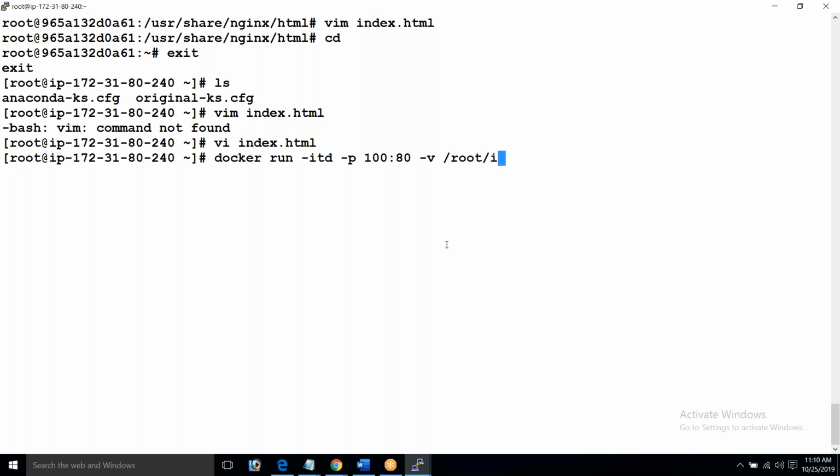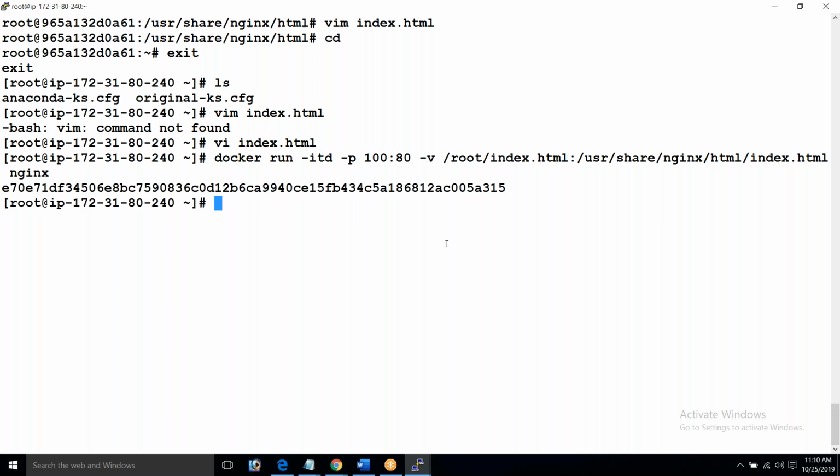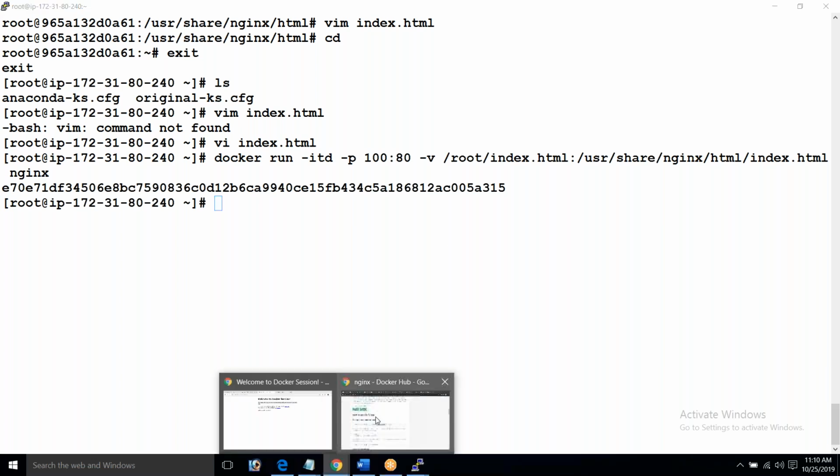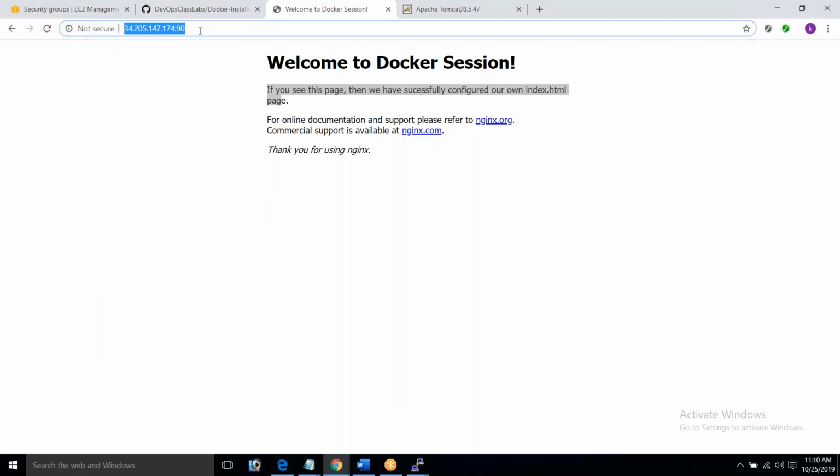/root/index.html. This has to be mounted to what? /usr/share/nginx/html/index.html, followed by my image. What's the image name? Now, when you reach out to it,